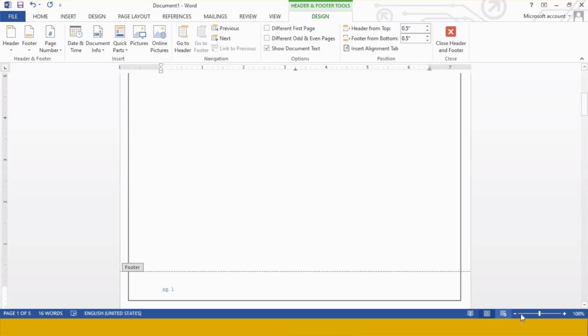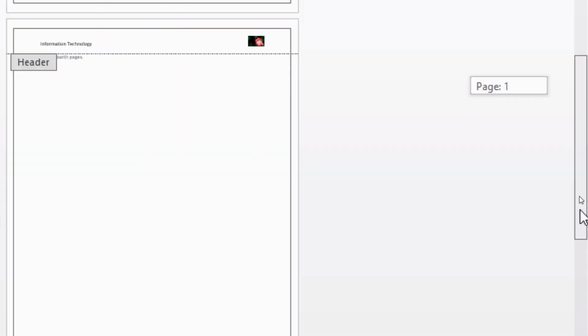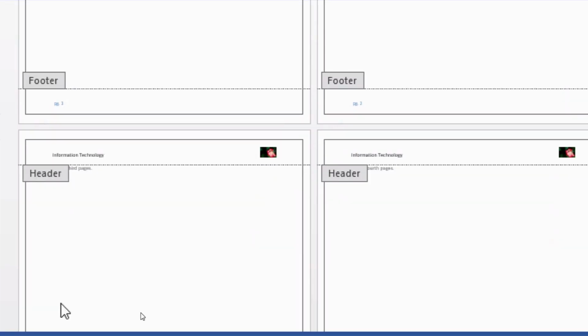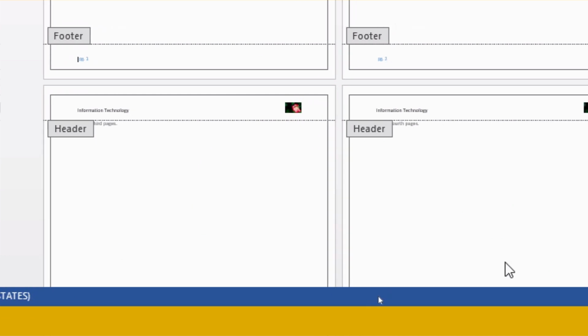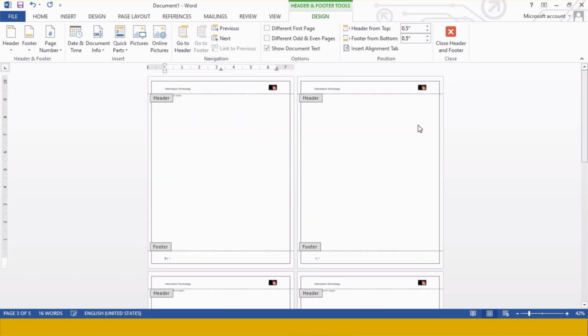So as a footer, we will be finding page numbers in our file. You see on the first page it is written page 1, and now I am going to reduce the size of the pages so that I can get multiple pages on my screen, so that you can see them together. Yes, see the header. The headers are repeated on each page of my file, and in the same way footers are also repeated. See page 1, then this is page 3, this is page 2, page 4, like this. So headers can be inserted only once and can be viewed multiple times. For as many pages as you have, that many times it will be repeated over there.